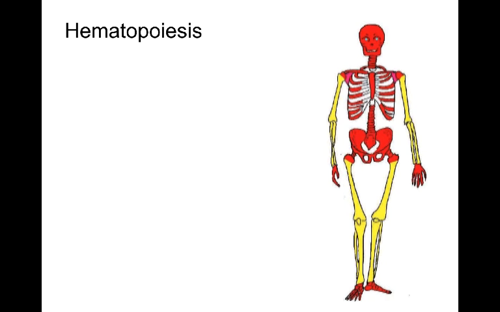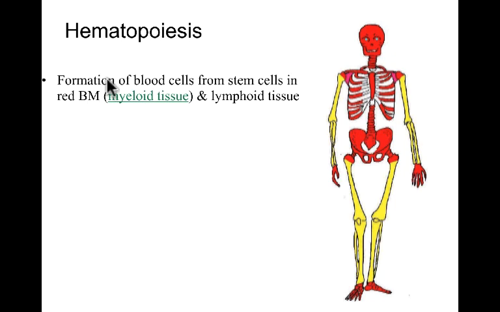Let's now talk about hematopoiesis. How does your body produce blood? Hemo or hema means blood. Poiesis means formation. So how are we going to create blood? The answer is your red bone marrow, which is called myeloid tissue, and lymphoid tissue. They're responsible for making blood. Before you're born, all the blood formation happens in myeloid tissue. After you're born, your lymphoid tissue also is going to participate in white blood cell formation, and specifically is going